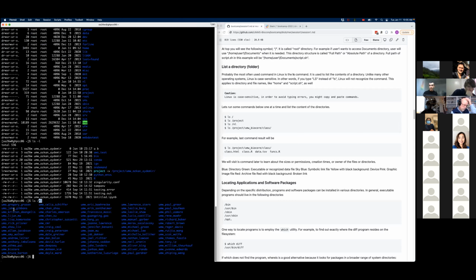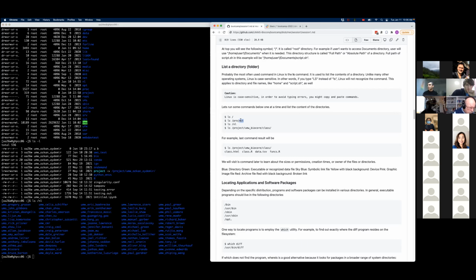For every PI who wants to have space here, they would have their own folder, right? But not everybody will have that. And there is also the project space. There are different properties of these disk spaces, which are not very relevant maybe at this point.